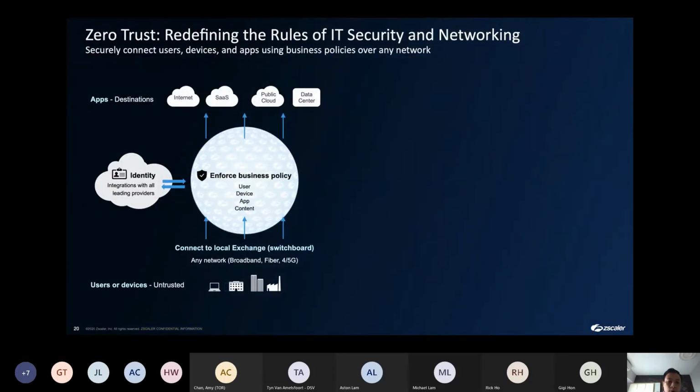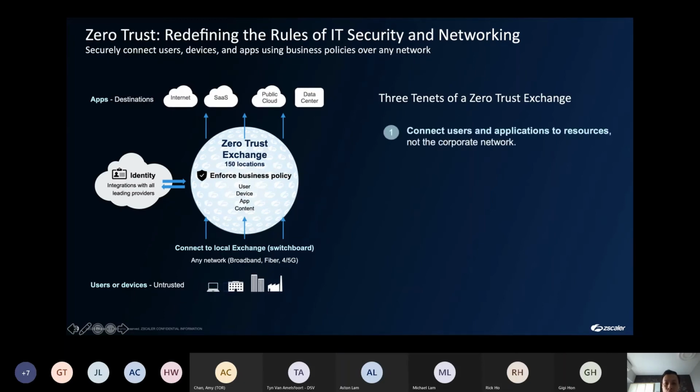So from Zscaler's point of view, a real zero trust model should fulfill all the 5 criteria, and at the same time, identity is one of the most important components, because identity, no matter whether it's user identity or device identity, is the only thing that we should trust. It's not the network. It should always be identity based. And from Zscaler's point of view, we need to be the exchange network that will help you connect your users to the application resources. Okay?